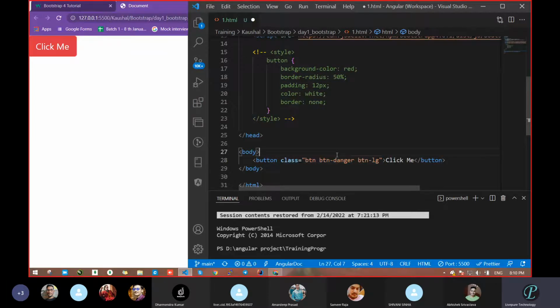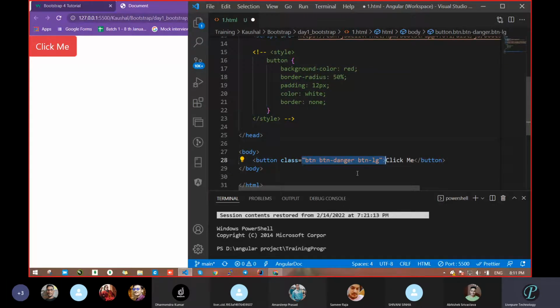Now the drawback. Suppose you have taken this class. What output did you get? Color is red, it looks big, text is white, correct? Now you can imagine by default you got this one. Again, you have to write something to make it different, or not. If you want not the red color but some different color, you have to pass that. But suppose the colors Bootstrap has are predefined.